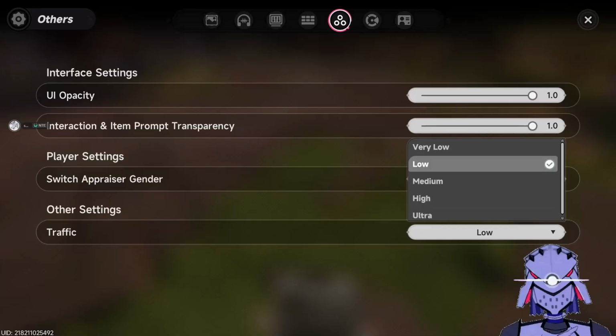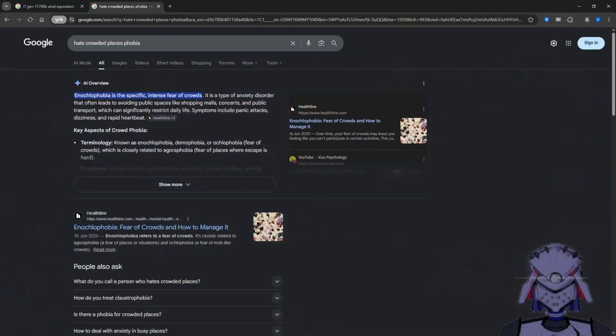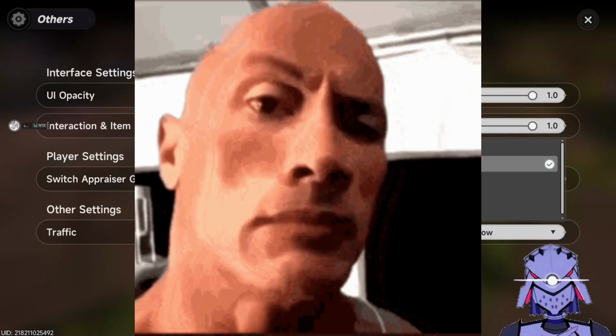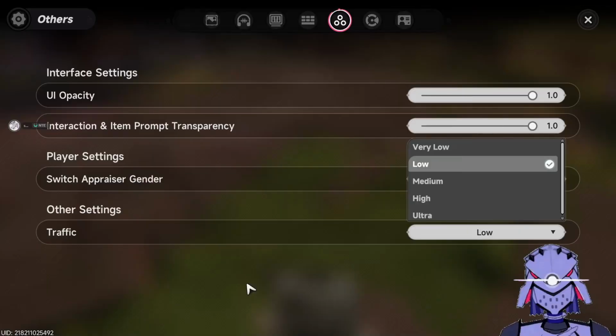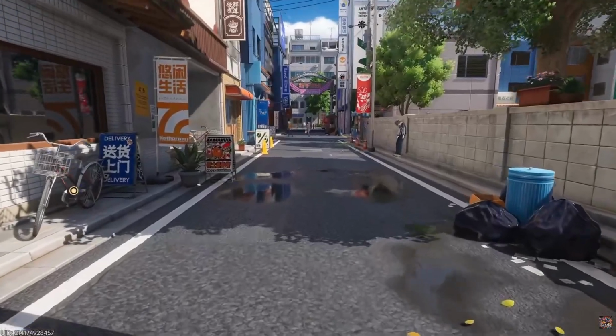It is also very useful for those who have some phobia of crowds, agoraphobia or demophobia, or for introverts, because the game can be played in first person mode. Okay,